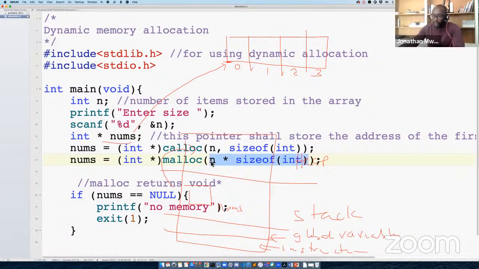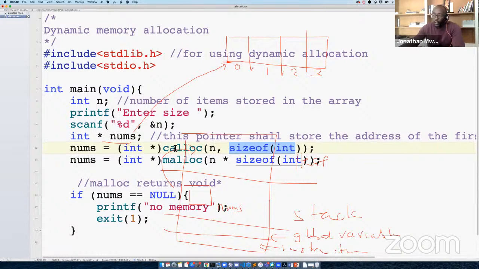So malloc is only one argument, and calloc is two arguments: one for the number of items you need and one for how many bytes you need to keep one of them. That's one difference between malloc and calloc. Another difference is calloc will initialize everything in the array with values. So if we are keeping integers, all values are going to be zeros. If we are keeping characters, all things are going to be null characters. If you're keeping pointers, everything's going to be null. If you're keeping floats or doubles, everything's going to be 0.00.